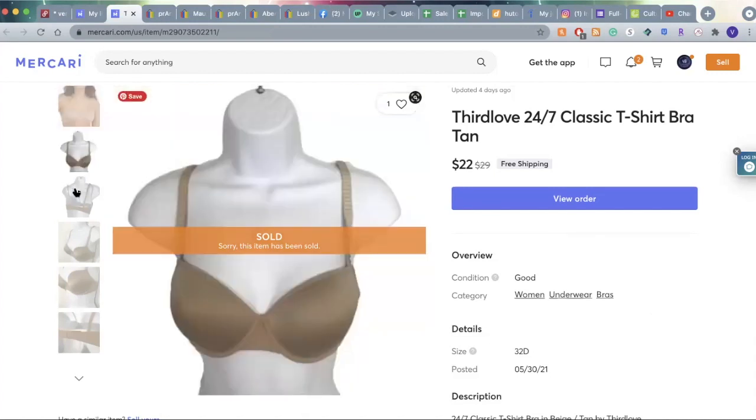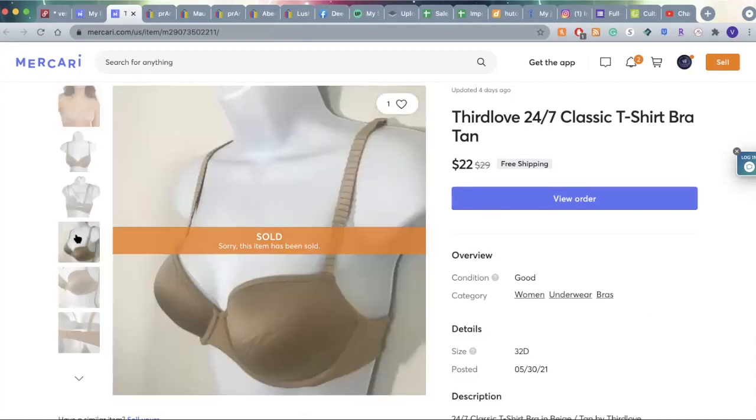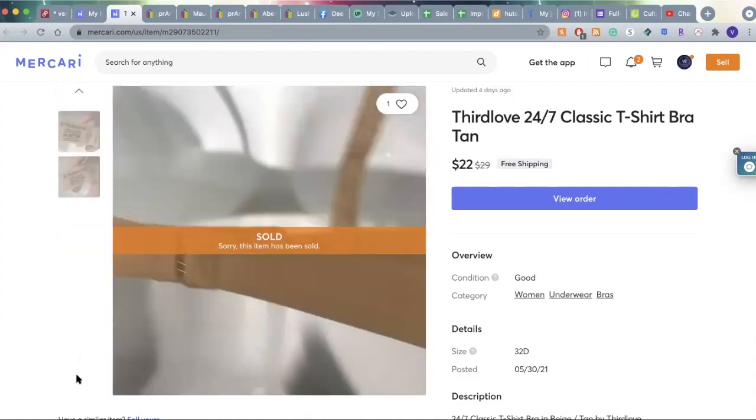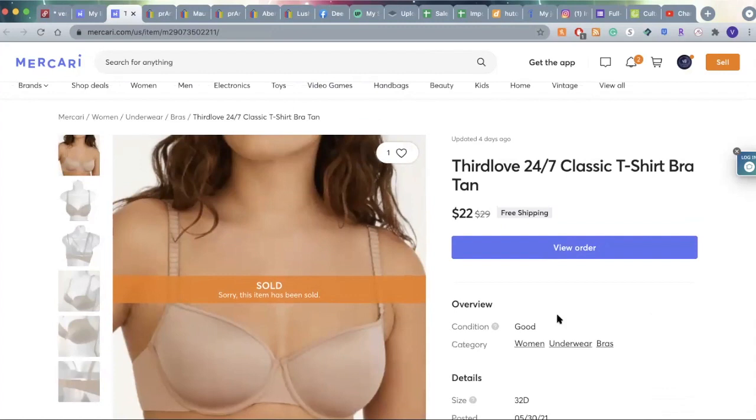Here's what the actual photo looks like. I did upload my new pictures of it because it was a different size and because the original one, ooh, this is blurry. Oh gosh, Veronika, what are you doing? Anyway, so this sold for $22 and free shipping. So after the Mercari fees and shipping and all of that, I get $15.74, and I had about $4 into